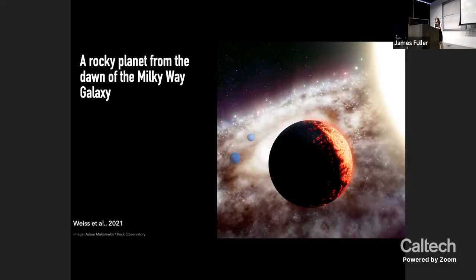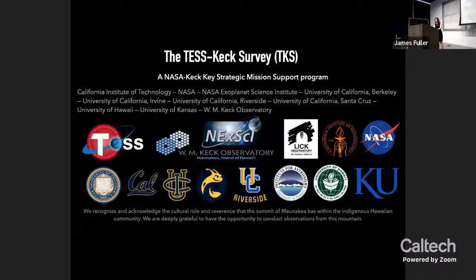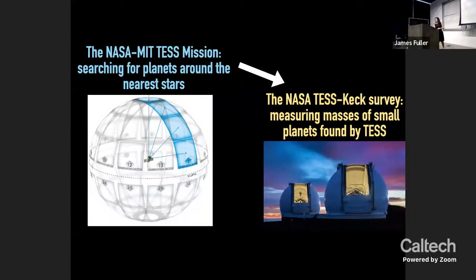So my team recently discovered a rocky world that has existed since the dawn of the Milky Way galaxy. Its age and interior composition provide a critical data point about how the earliest rocky worlds assembled. This discovery was part of the NASA-Keck strategic mission called the TESS-Keck survey. It's a multi-institutional team on which I'm a co-I, and our survey supports and enhances the TESS mission with radial